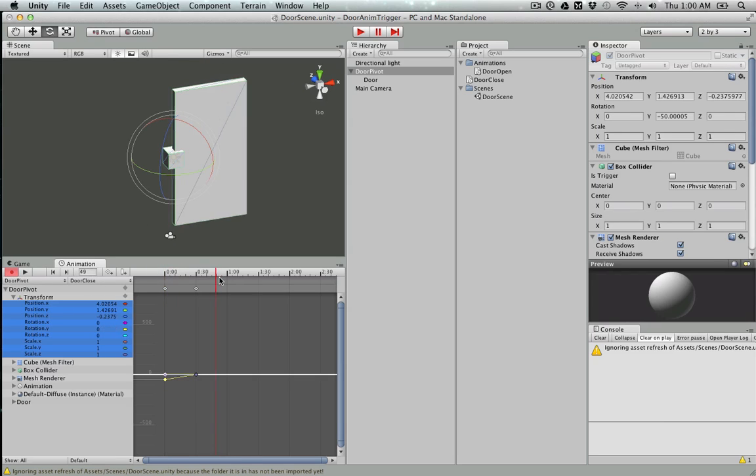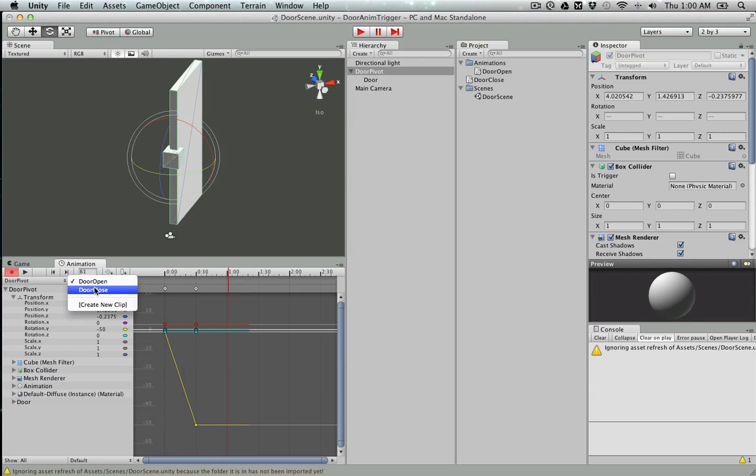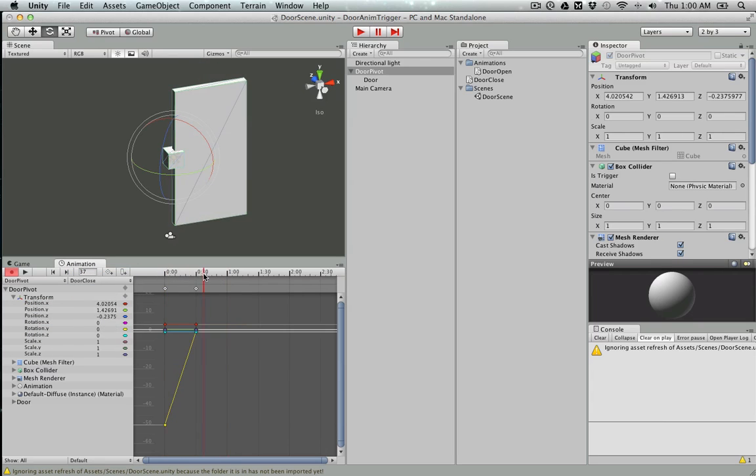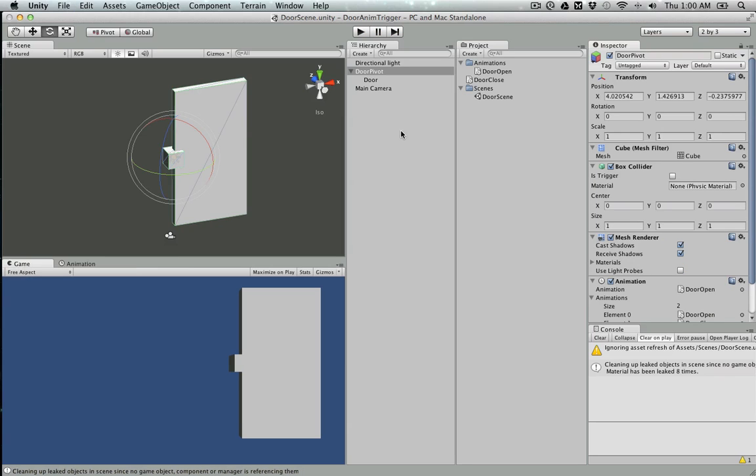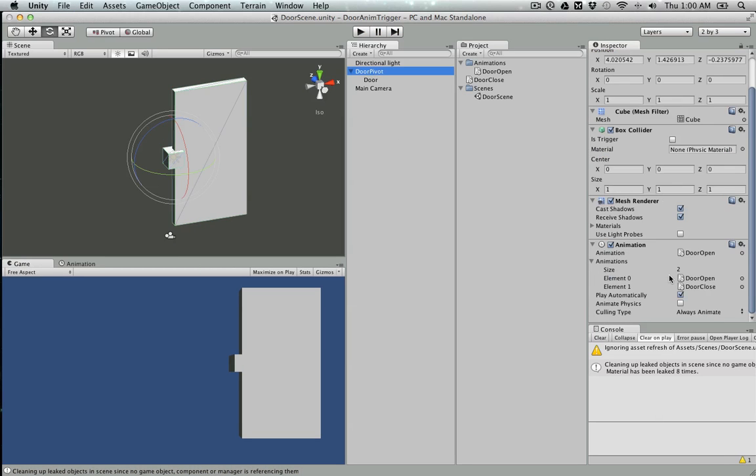So open does this, close does this. Okay, so that's out of the way, and take out the play automatically checkbox as well,